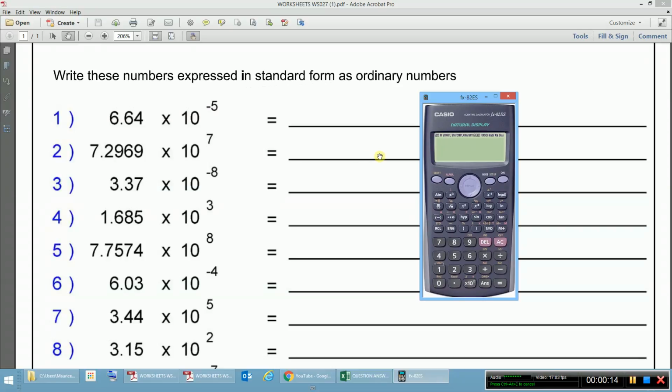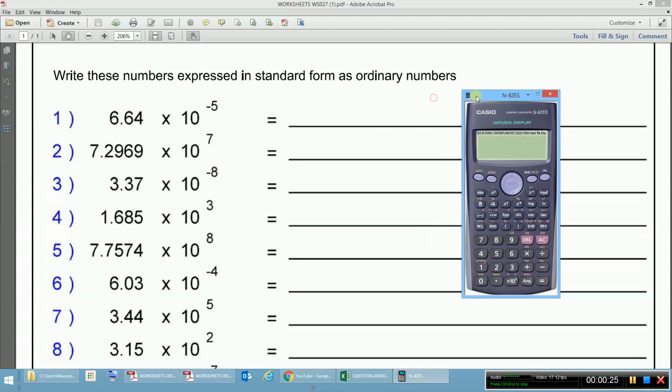In this video we're going to take a look at working through standard form problems and converting them to ordinary numbers and vice versa. We can do this very easily on our calculator should we forget how to do it in our head or manually. So the first thing is, write these numbers expressed in standard form as